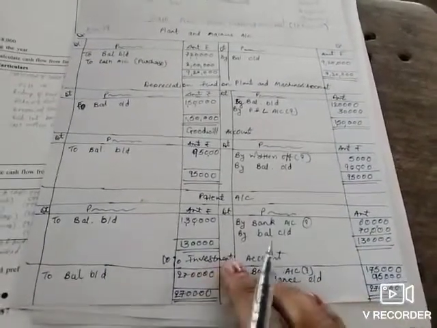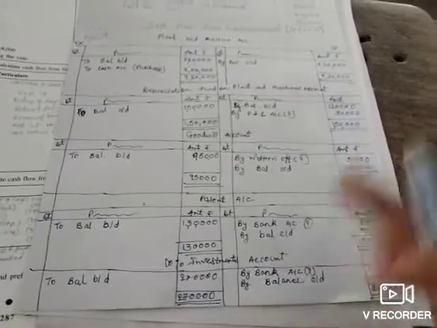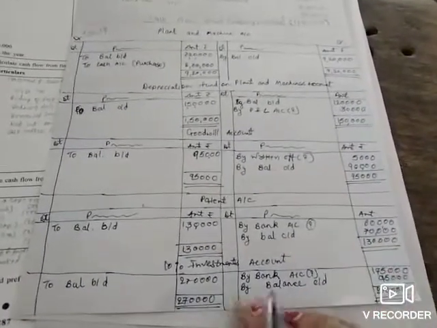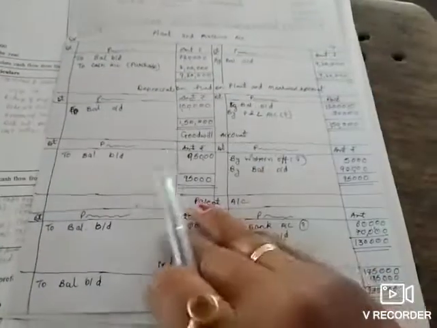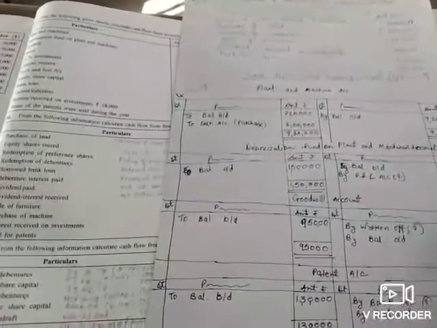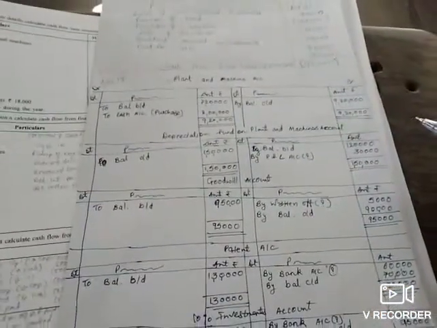Why by bank account? Because this is our investment account. This cannot be purchased and this cannot be sold out. So we transfer the difference amount to the bank account. Only plant and machinery can be purchased and sold out. Now in the table, first of all, after preparing this ledger, we prepare the cash flow statement. In that, from this ledger we take plant and machinery only, because this is our fixed asset. So in our investing activities we have to record only fixed assets, closing balance, that is purchase or sale.